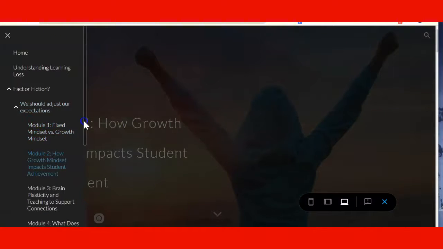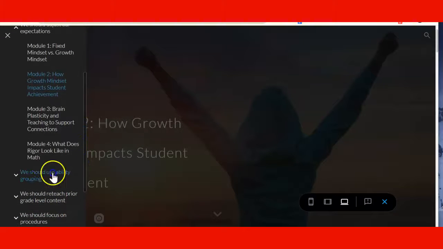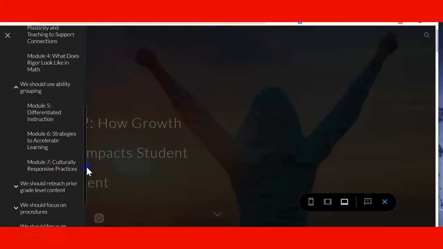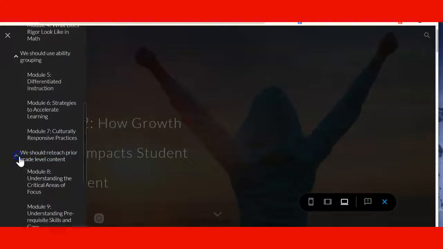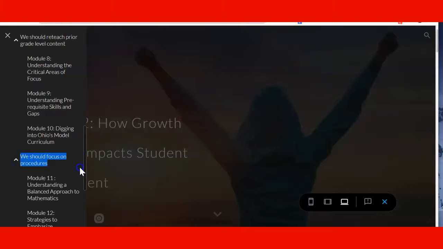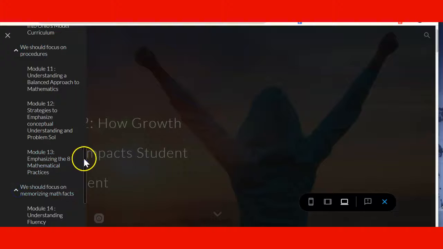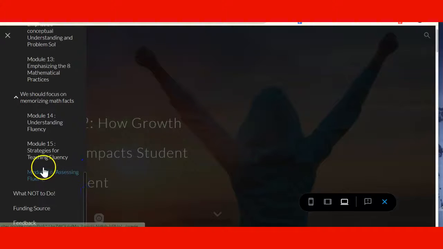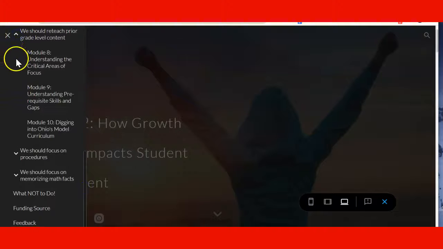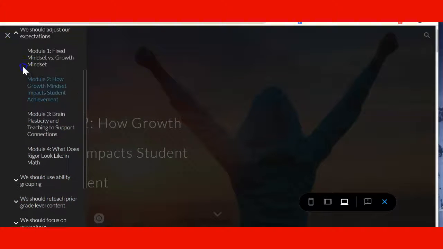As you can see, adjusting our expectations has 4 modules. We should use ability grouping has a series of modules. So as you can see, as I open this up over here, there's a total on the site of 16 different modules that you can access in any order and to any depth that you choose. So as I close these up, just so that it's a little bit easier to visualize,